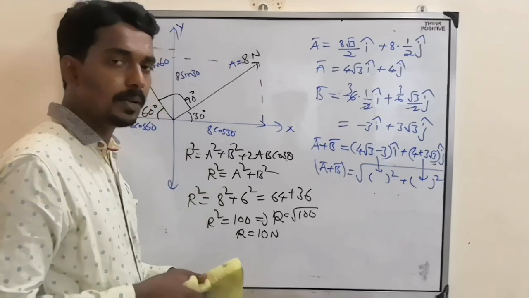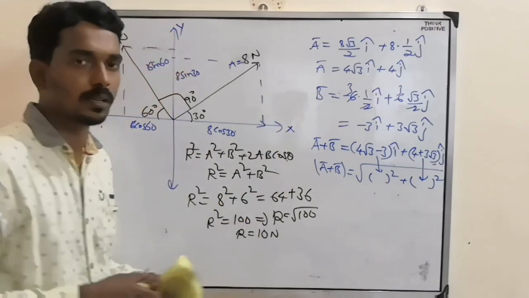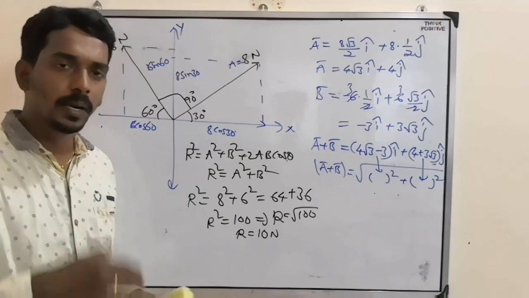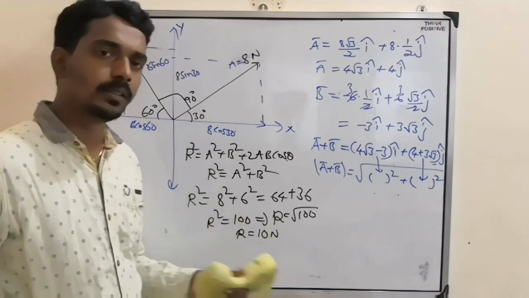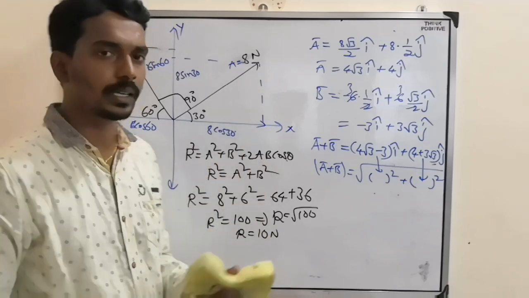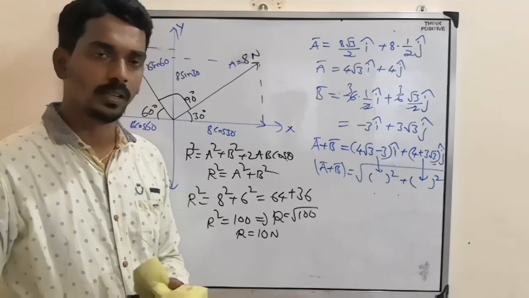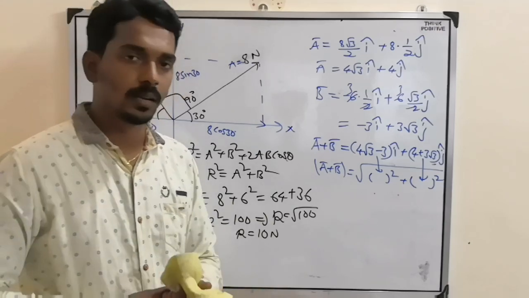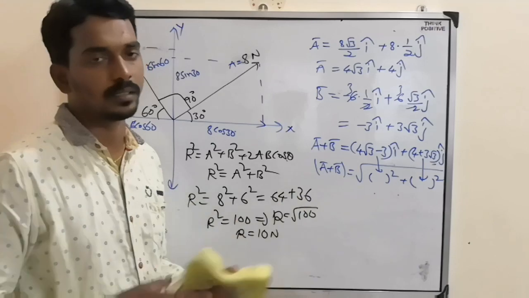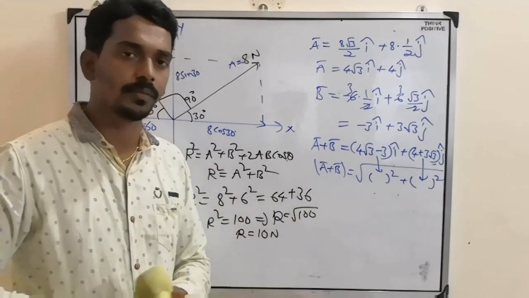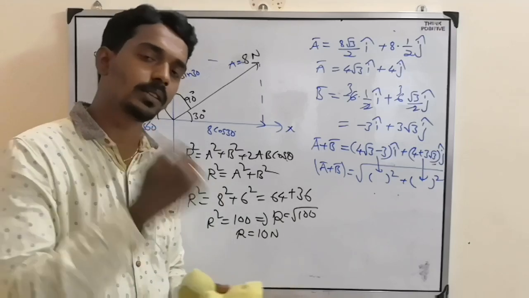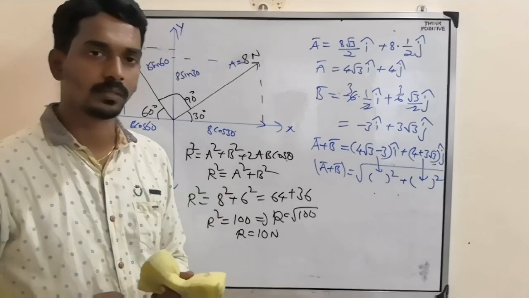But sometimes it becomes compulsory to use this resolution method. So there are two methods to solve the resultant of two vectors. But depending upon the situation, you will learn mainly in laws of motion. Mostly you will use a lot of vector application in laws of motion, also a little bit in two-dimensional motion. So your next chapter, motion in plane, there only you start using vectors, application of vectors in physics. Not only here, in plus 2 also, second PU also, you will start using the vectors only, right?